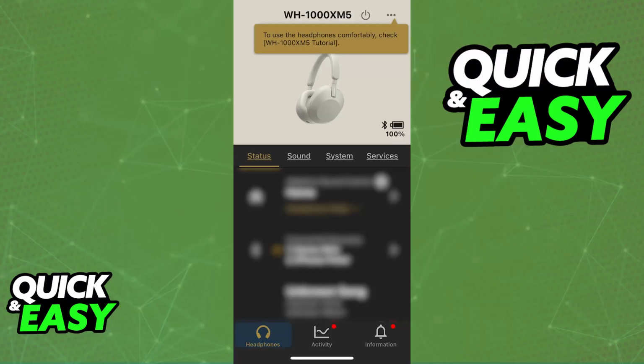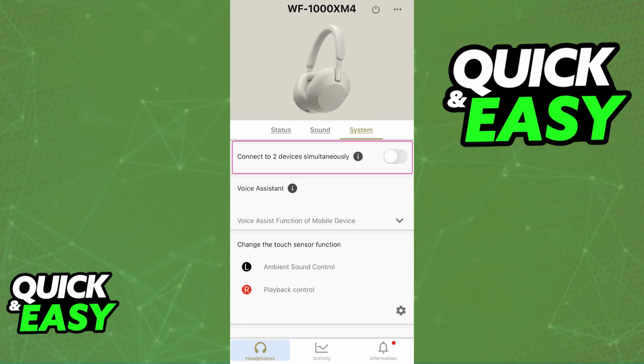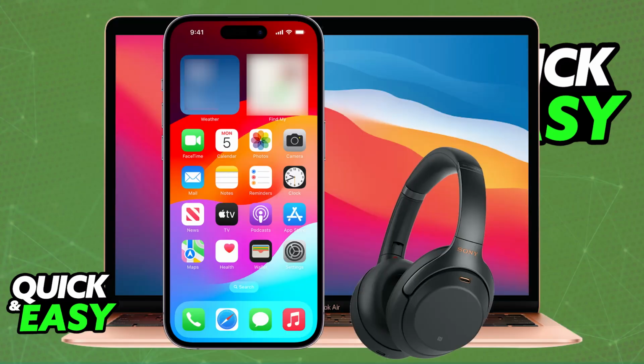Sony Headphones Connect app. So download and install the Sony Headphones Connect app on any of your devices, a smartphone, tablet, or computer, and inside of the System tab of the application, you will be able to enable multi-point connection. You should see a description that tells you to enable the connect to two devices simultaneously. Once you enable that option, you will be able to connect it to the second device with the first device